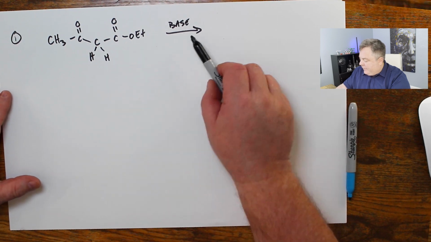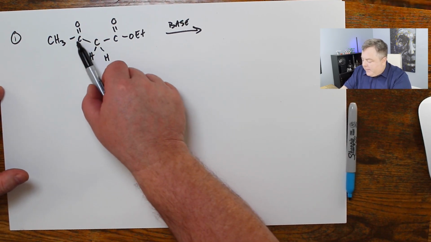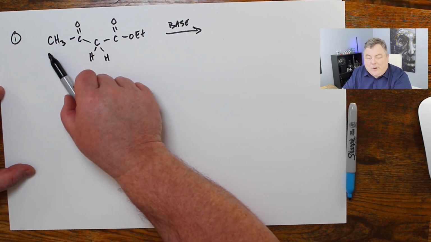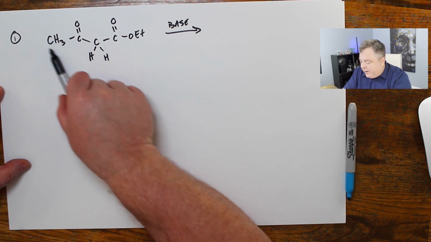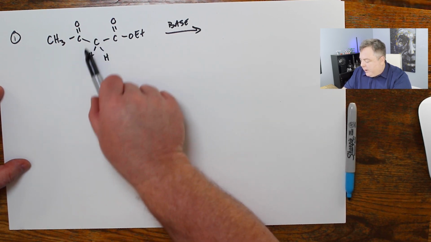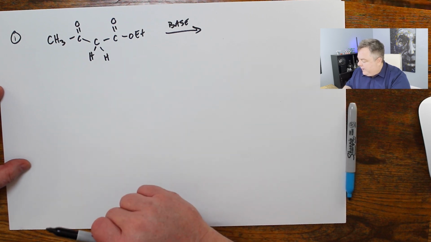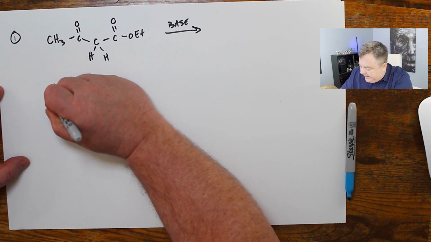All right, let's see the 4 basic things you need to know. Number 1, if I react this with a base, we know that bases pull off acidic protons. And we know that if we have carbonyls, carbons next to those carbonyls, alpha carbons, have acidic protons on them. So here's a carbonyl. There's an alpha carbon with acidic protons. I could pull those off. Here's a carbonyl with an alpha carbon and protons. I can pull those off. And there's not one here. So if I pull one of these off, I would make a negative carbon